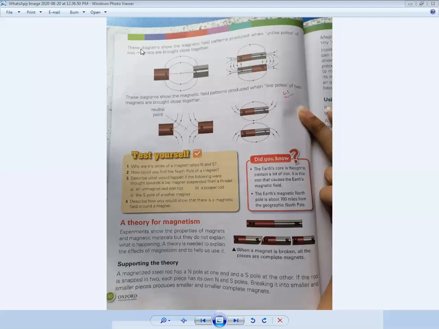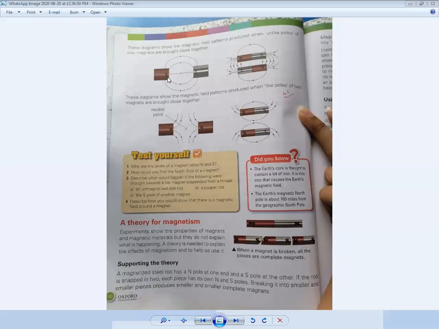Okay, you can see there are two different magnets. This is one magnet and this is another magnet. It has a north pole, it has a south pole. So when we bring them closer to each other, you can see a force of attraction will be produced among them. I told you at the start of the lecture, when there are two different poles, they will produce a force of attraction and attract each other. If they are like poles, they will repel each other.